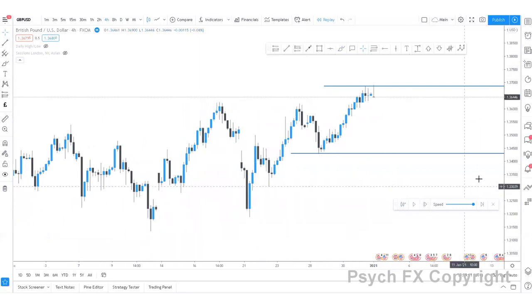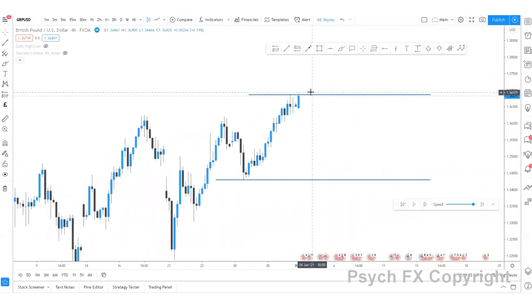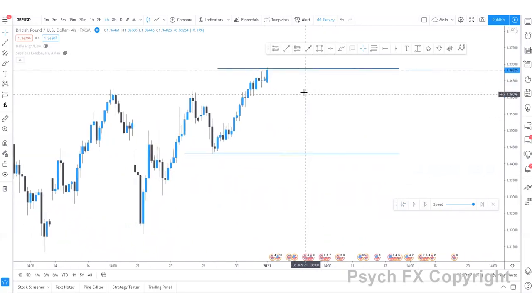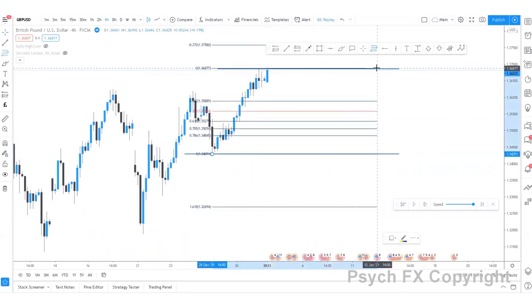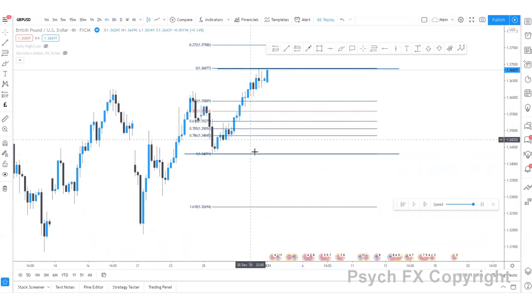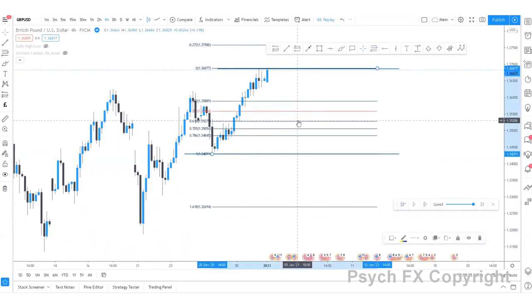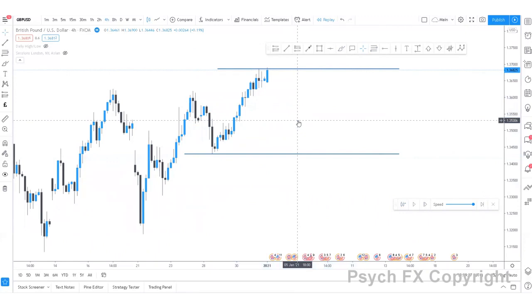It's important to understand the main reason that I'm marking out these ranges is because of the concept of buy low, sell high. It's one of the most obvious concepts that people talk about, but what does it actually mean? Well, if we think about things like fibs and order blocks, what are the common themes? When they work, you're buying low in buy situations and you're selling higher in sell situations. The reason fibs work is not because they're magic numbers. It's because